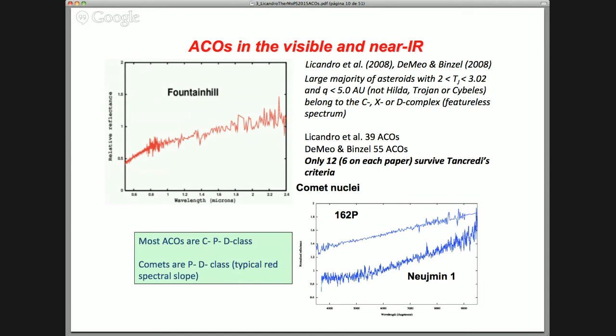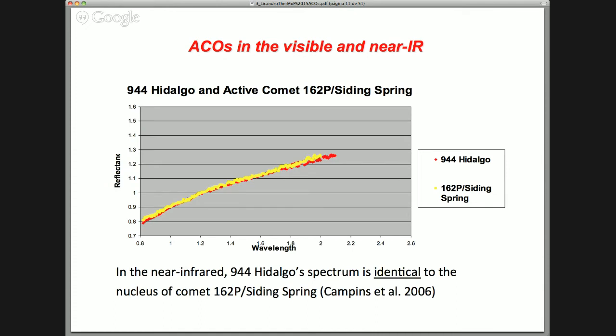That comets' spectra are mostly D and X or P type. Here is an example of one of the best known ACOs, 944 Hidalgo, compared to 162P/Siding Spring. Look at the near infrared spectrum, it is almost identical. And in our paper, we plotted the slope of all